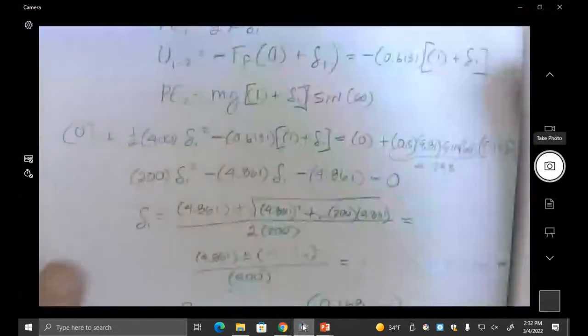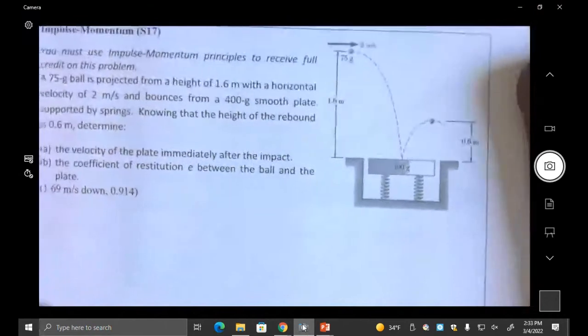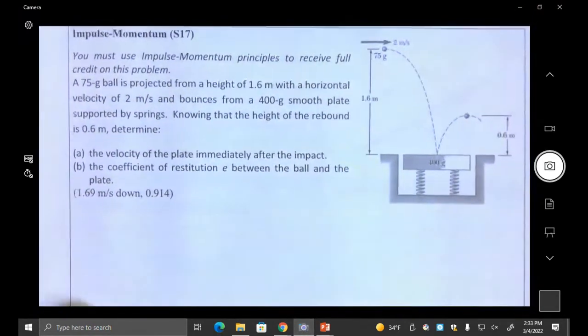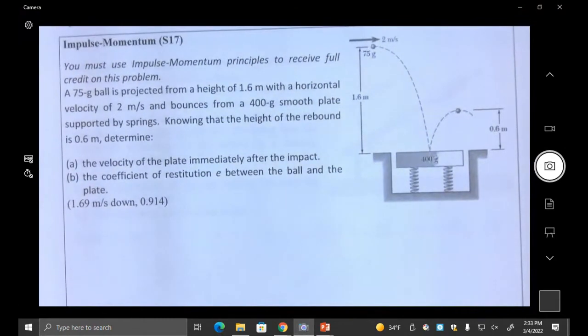It's page 8 with the ball that dropped onto the spring. It's an impulse momentum. This might have some potential energy in it too, I think. Well, it's also projectile motion, kind of a little bit. Not really too much of it, but some. All right, so